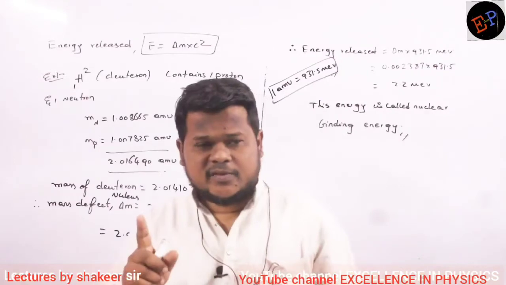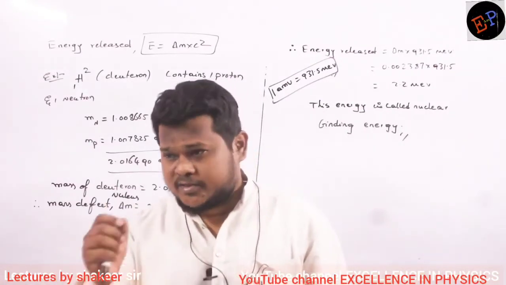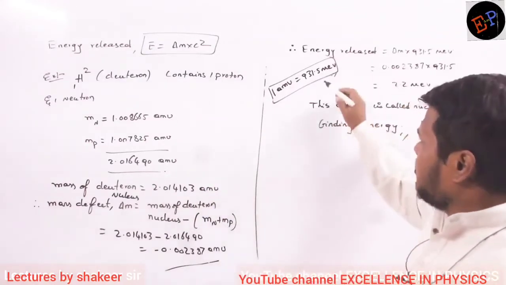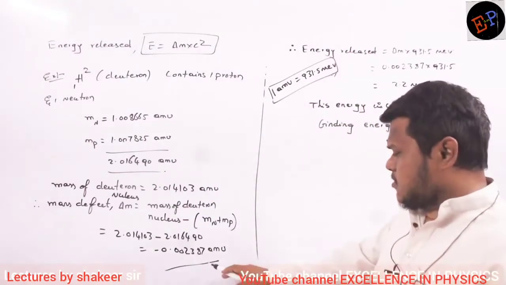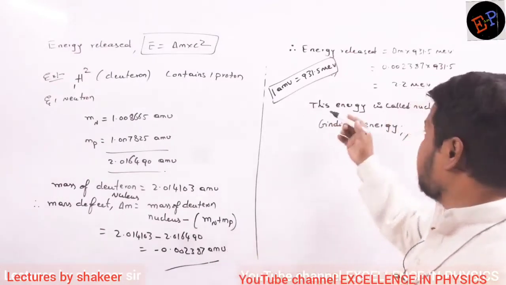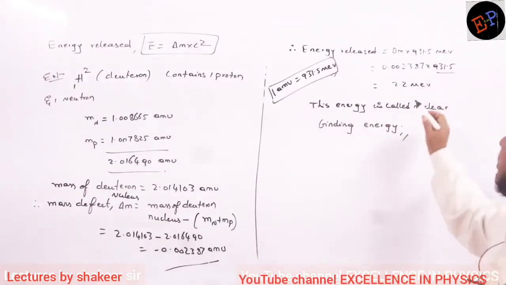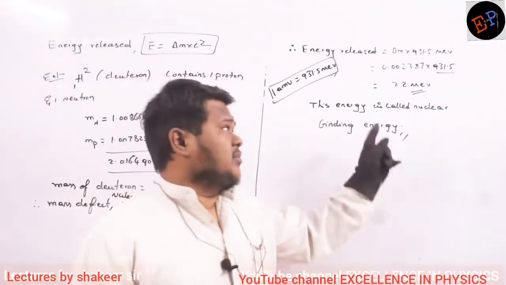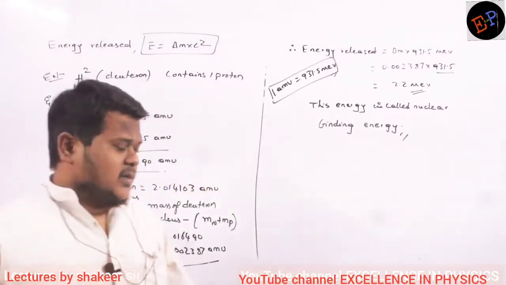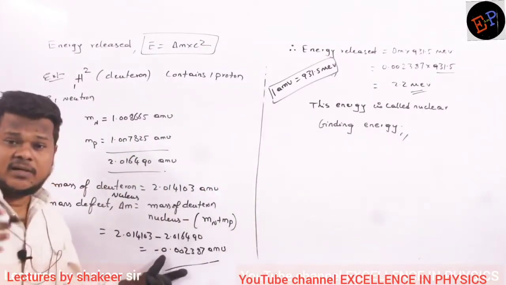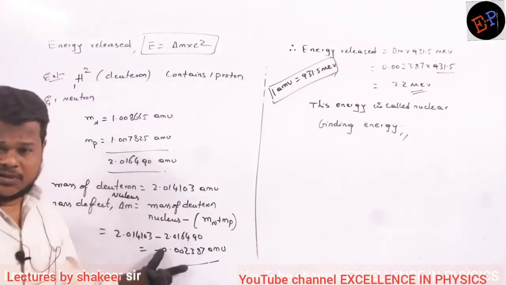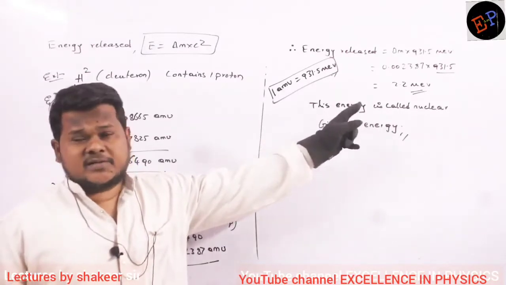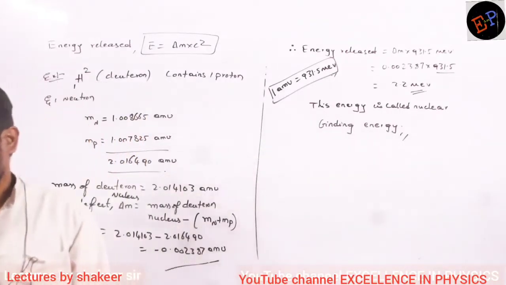One AMU of mass, if it is converted into energy, then it releases this much amount of energy. So here also I am writing in AMUs only. So just multiply that value by 931.5, then this is the amount of energy which was released. 2.22 million electron volts of energy is released when this much amount of mass has disappeared. Inta mass mayamaipote anta energy release ayindi. And this amount of energy released is nothing but nuclear binding energy.